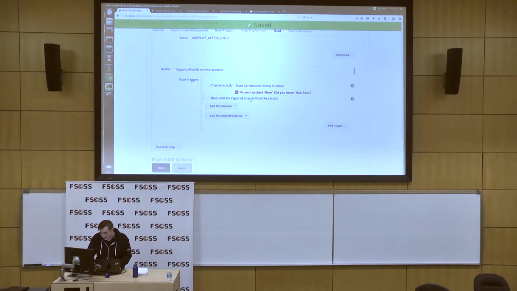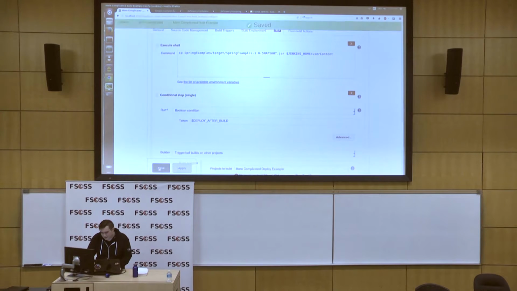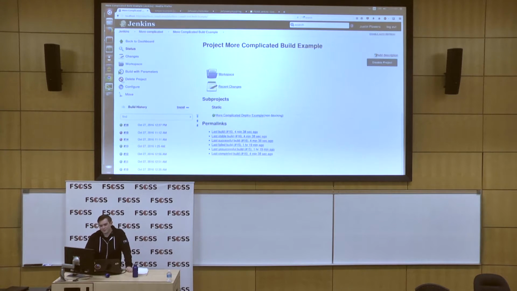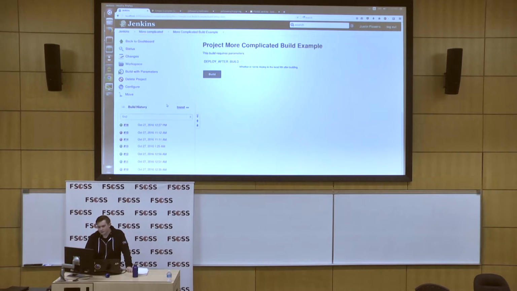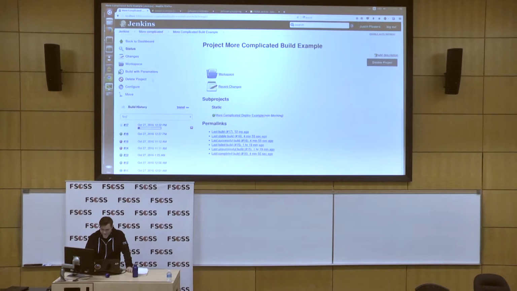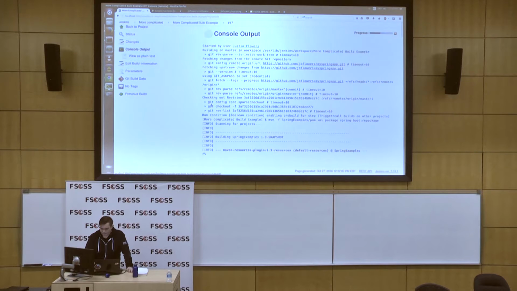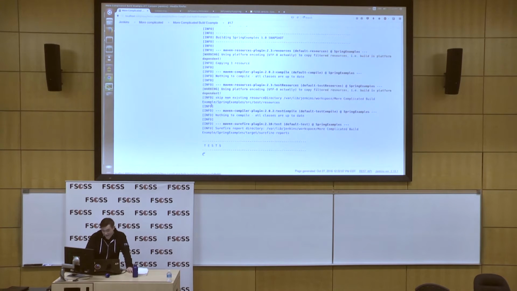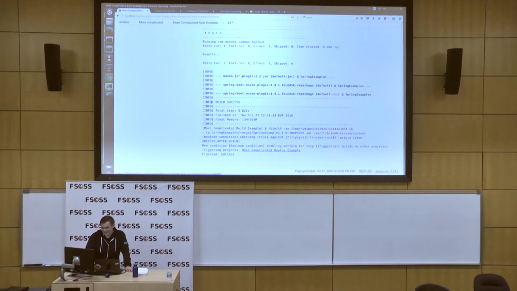Hit apply. And save. So now if I run it, again, it's going to ask me for parameters. If I click it, there we go. It's going to ask me for parameters. And I can tell it, yes, I want to deploy after my build. When I hit build, it's going to run the Maven build, and then it's going to call my other project. And if we click here,